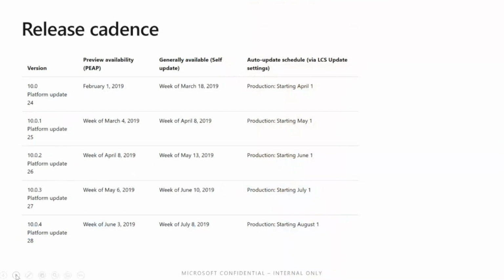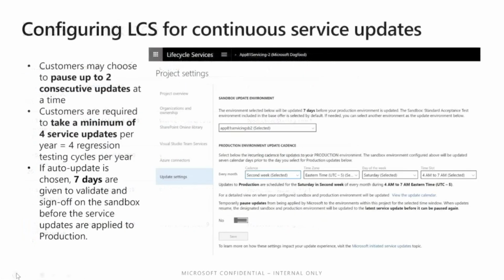I'm sure most of you have already seen this in our docs. You can see that there's a concept of self-update, and then there's a concept of auto-update. The packages that are applied for both self-update and auto-update are the same. The difference being self-update is where customers can take up the package and apply it on your sandbox and production by yourself, while in auto-update, Microsoft applies this package onto your sandbox and production. The auto-update schedule is dependent on the update cadence that is set up on this page in LCS